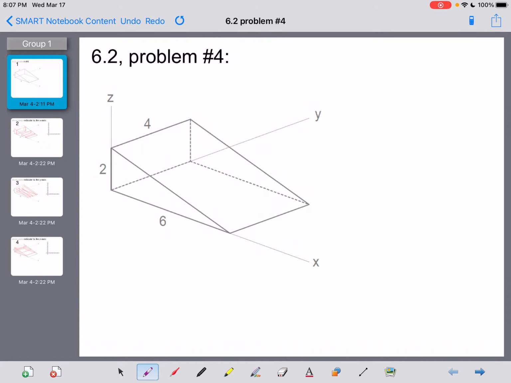All right, you guys, it's been a long time coming, but I finally wanted to start talking about 6.2 problem number 4, which is a doozy. And again, you don't need to know anything quite like this for your test here on chapter 6. But I thought this was a really interesting problem, and I did assign it, and I had you do it